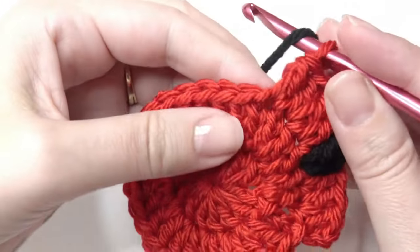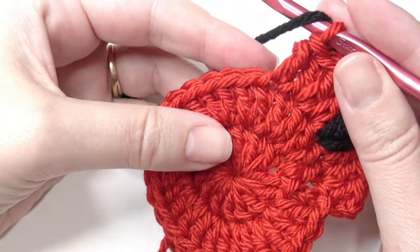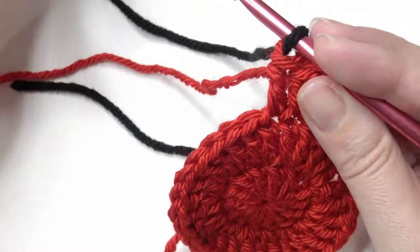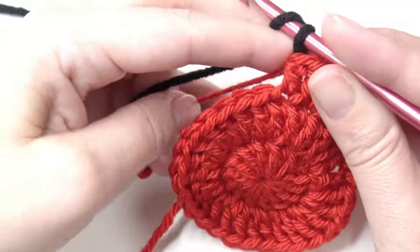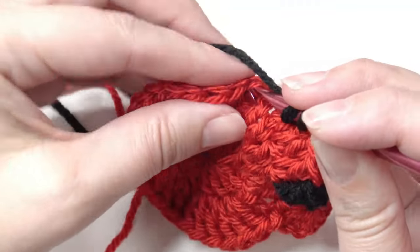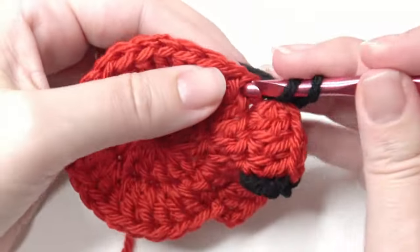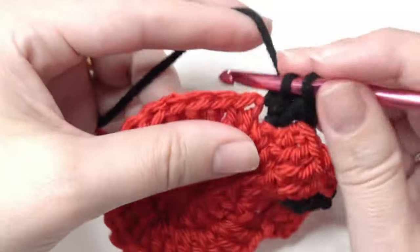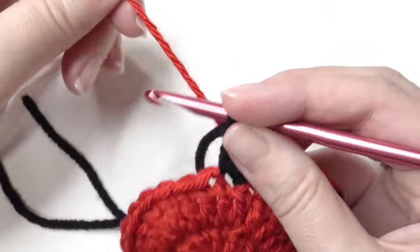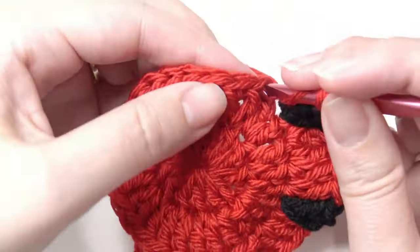And this will all be closed when you make your pot holder inside, so you don't have to worry about all these tails. And then you're going to have the black and pull it through, drop the red, and you can tighten it with your red, and then go into the next stitch and work 2 double crochet. And then you're going to drop the black again and pick up the red and pull that through. And then just work with your red, your 1 double crochet,